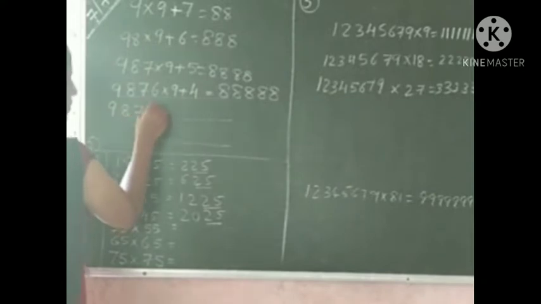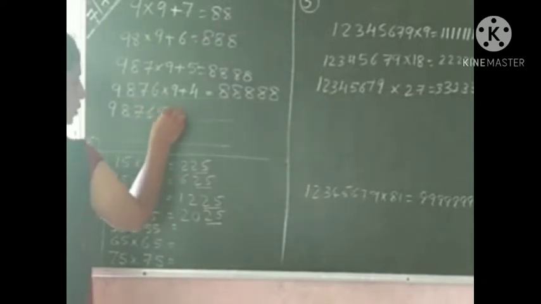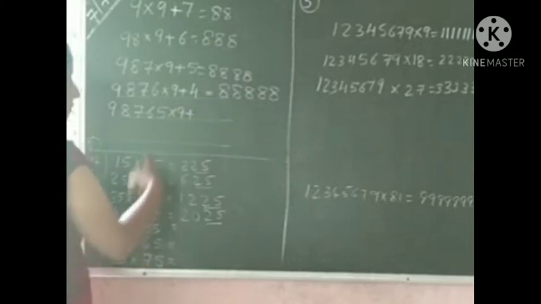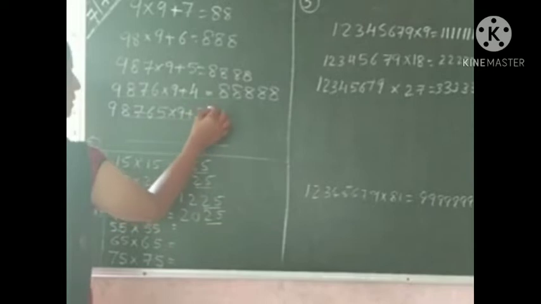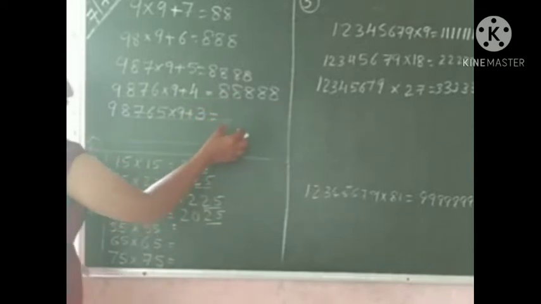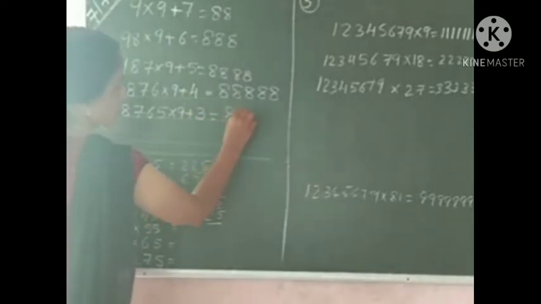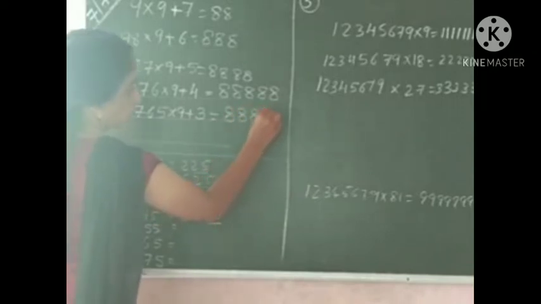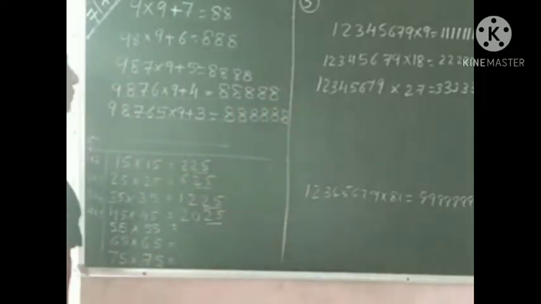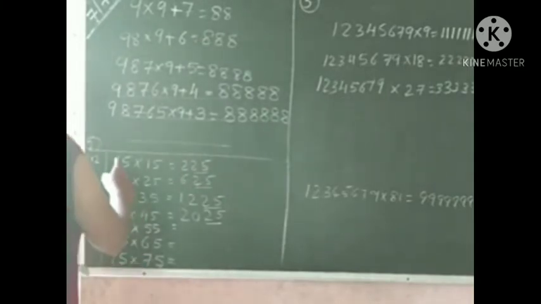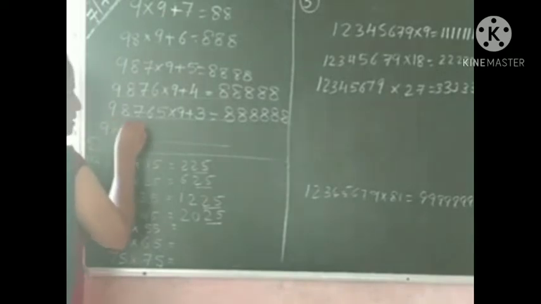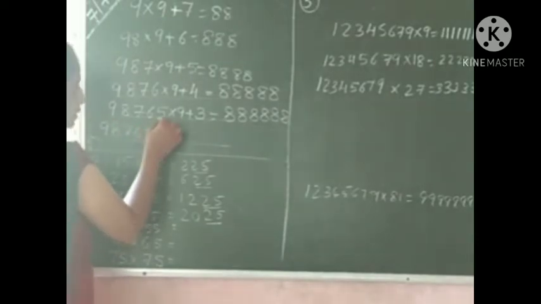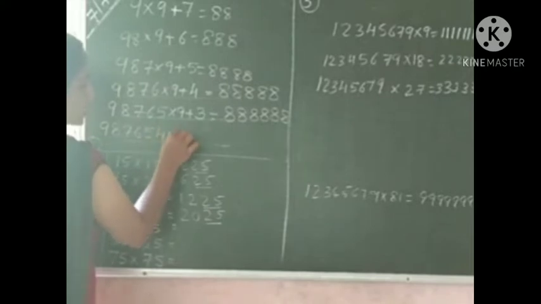9 8 7 6. Next, 5 into 9 has no change. Here the numbers are changing in the order 7 6 5 4 3. Therefore how many 8s do we want? Here 5. Therefore next we want 6. 1 2 3 4 5 6. Understood? One more number we want to complete. Therefore what is the next one? Yes, 9 8 7 6 5, then 4 into 9 plus 4 3 2.